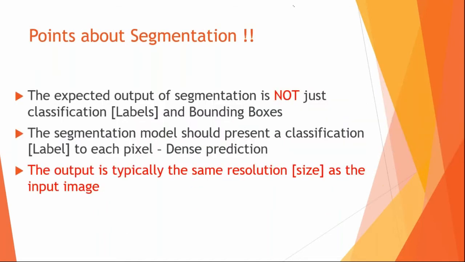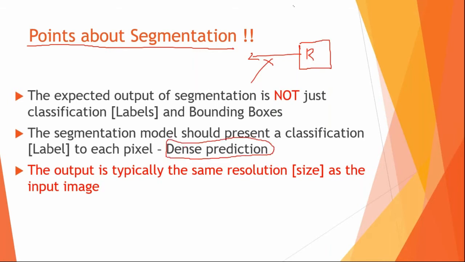Okay. So with this in mind, I'll just quickly go into some of the pointers that we need to know about segmentation. In segmentation, what we expect the output to be is not a bounding box. You are not just drawing a bounding box over a region. We are not doing that. This is not segmentation. What we expect here is called dense prediction. We expect each and every pixel of this particular region to give 0 or 1 if we take semantic segmentation. So that is basically what we expect a segmentation model to do.